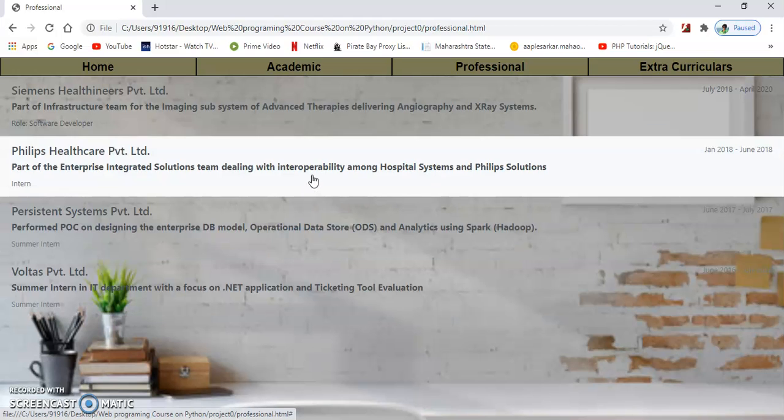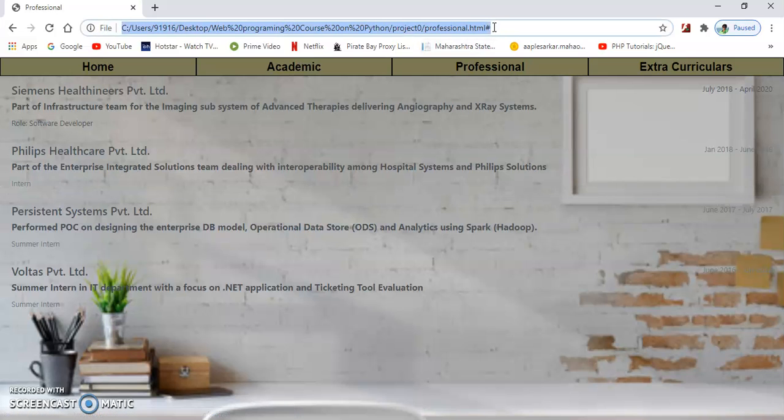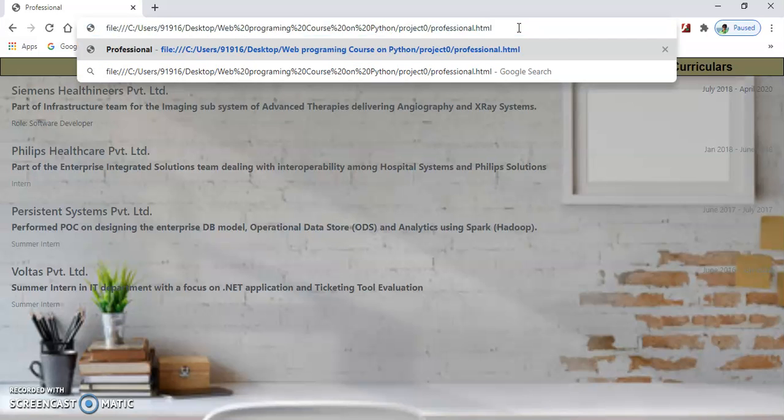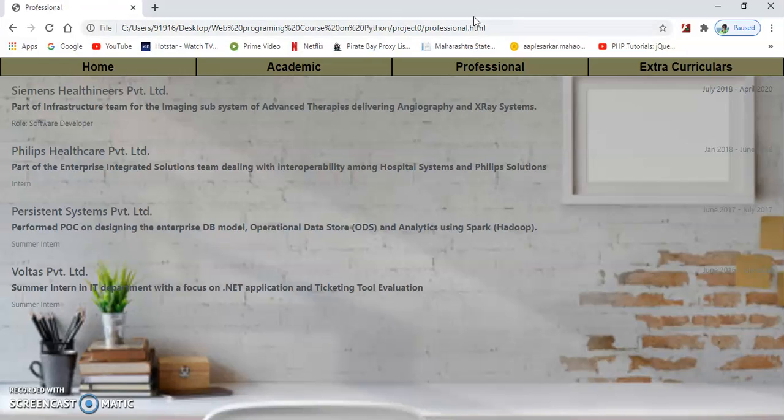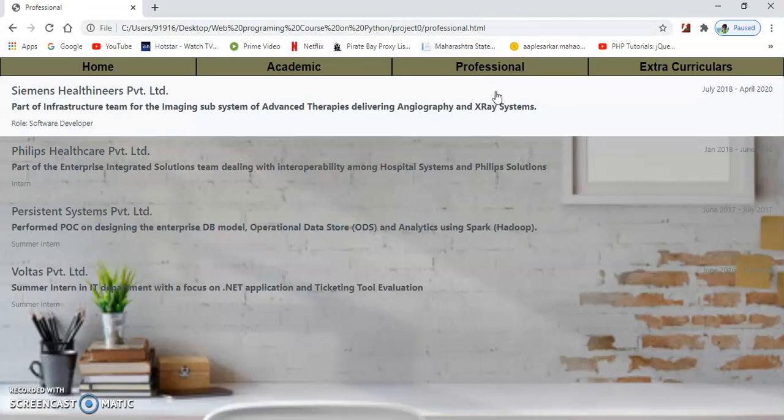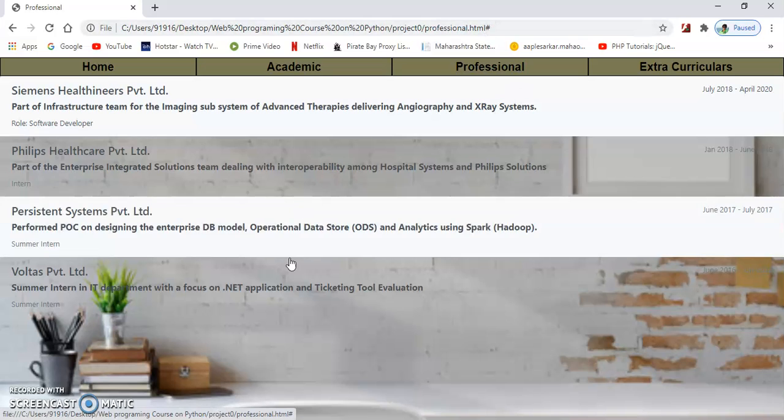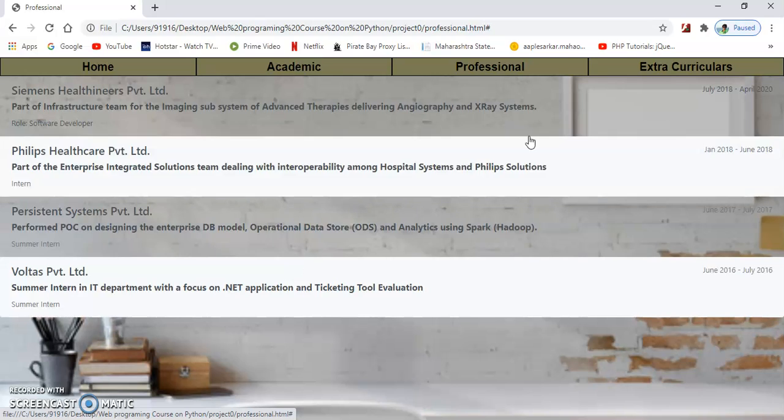So every time I click on something, it contains a link. As you can see, earlier there was no hash included. Right now I did not have any other link to put, so that's why I kept it like this. But as you see, whenever I click on something, it redirects to this one, so I can add any link and make it redirect to that particular website if I need. So it acts as a list group and lists out all of my professional experience as well.